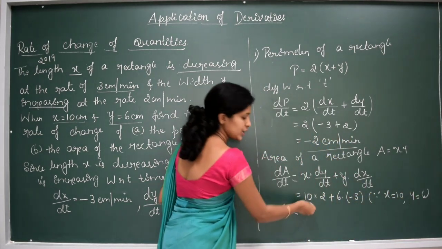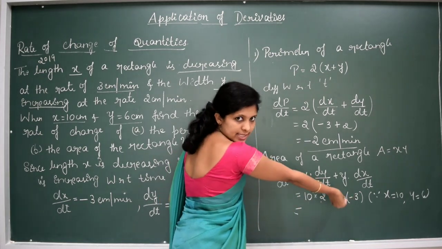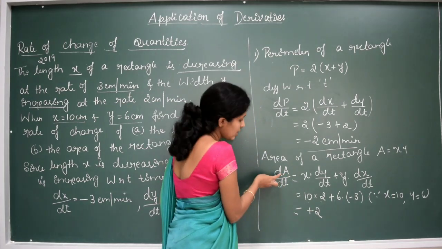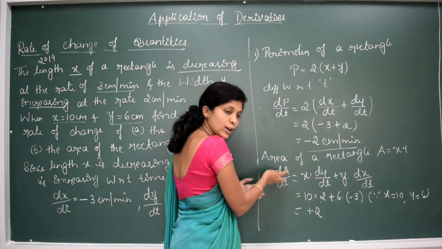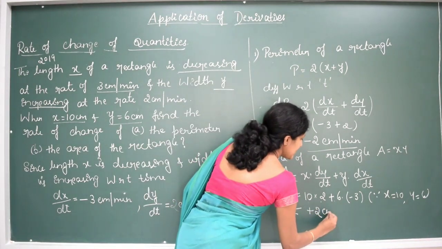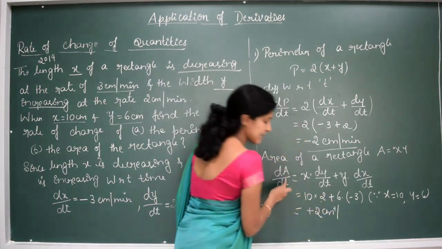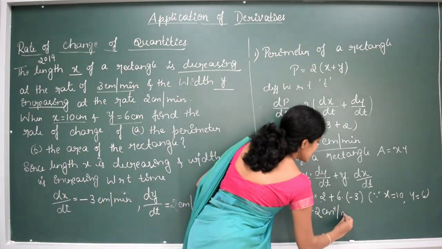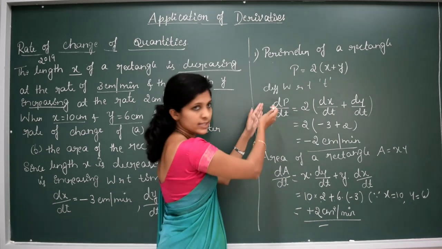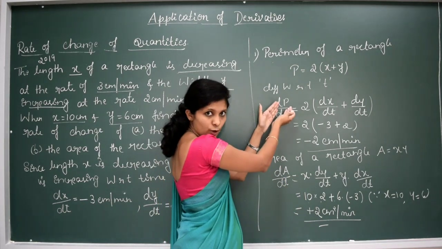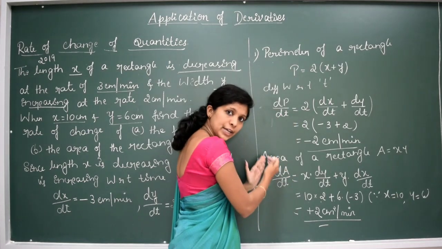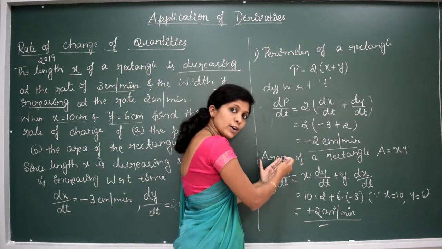So simplify, 10 into 2 will be 20, 20 minus 18 will be plus 2. Here this is the rate of change of area of a rectangle with respect to time. So the area will be centimeter square per minute, since time is given in minutes. So this is the answer. Is it clear? This is the rate of change of perimeter of a rectangle with respect to time. This is the rate of change of area of a rectangle with